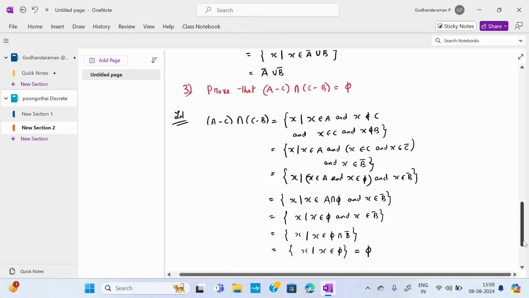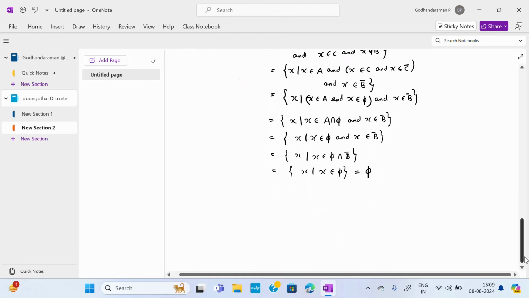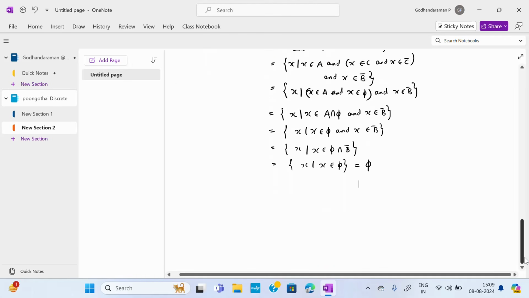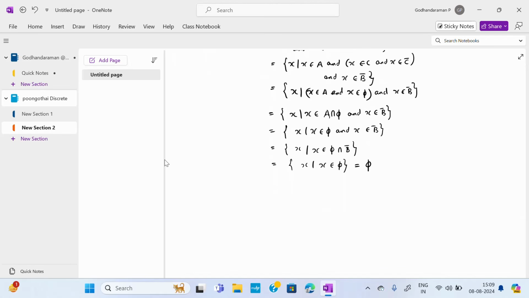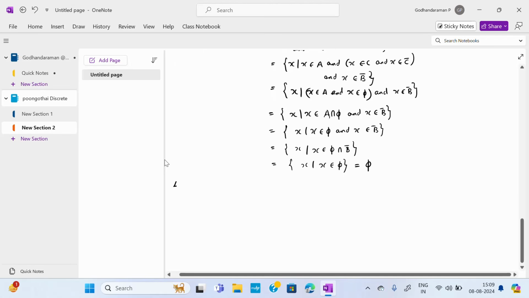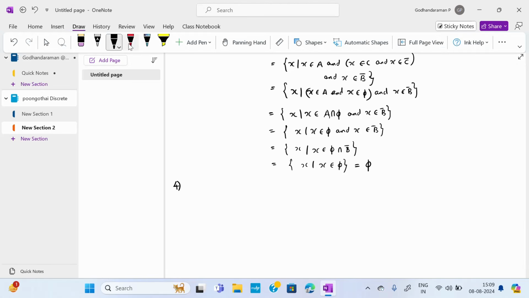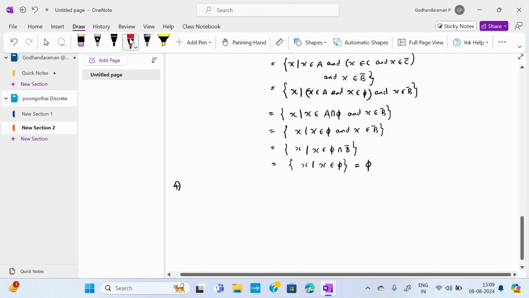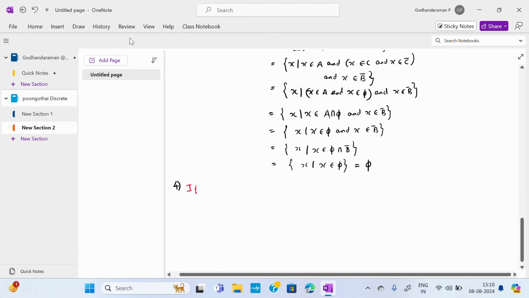So one more question. By using laws, we will take two more questions. Fourth question. If A, B, C are sets, then